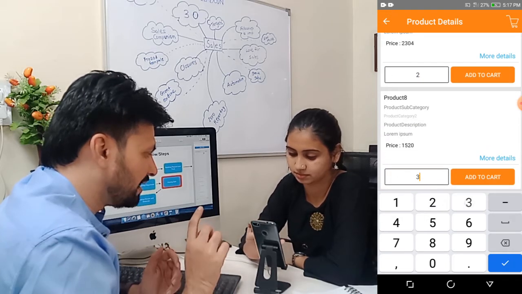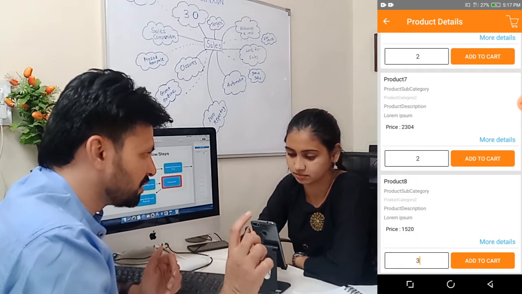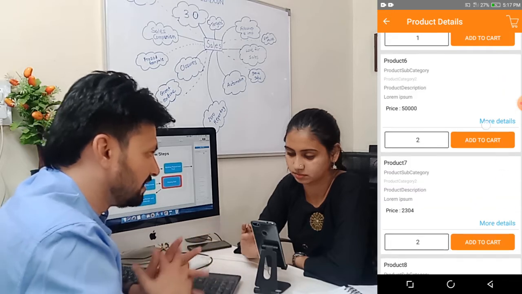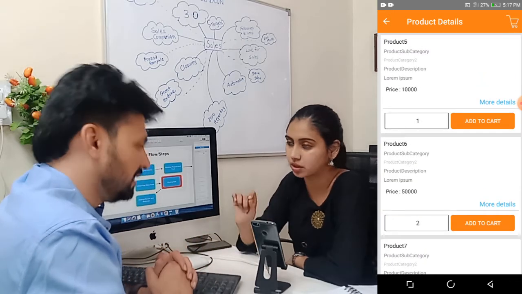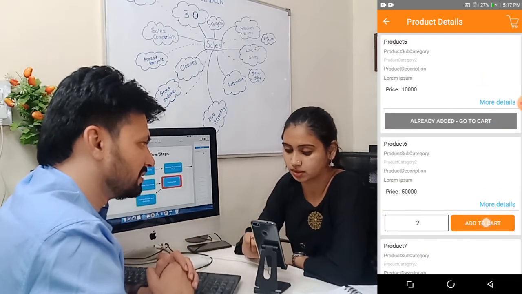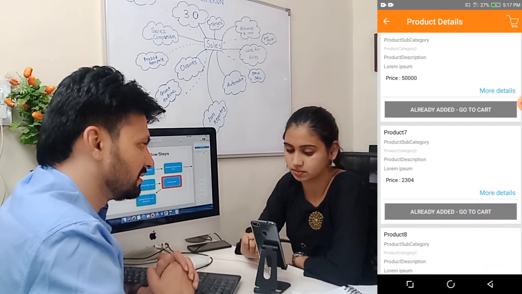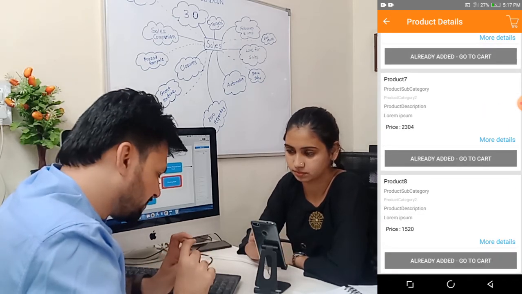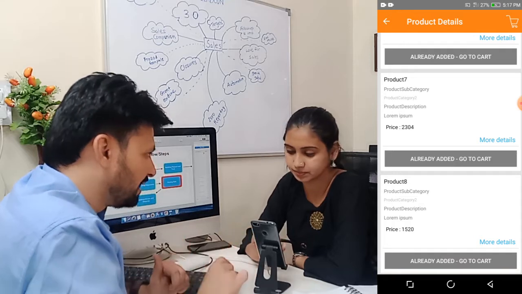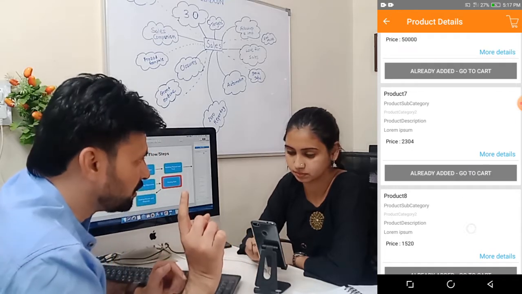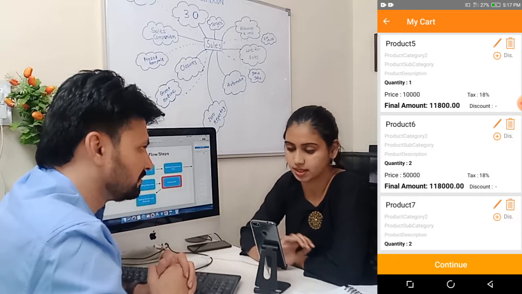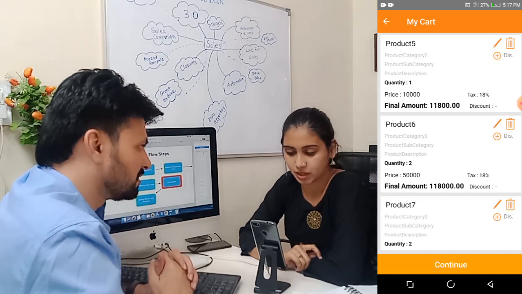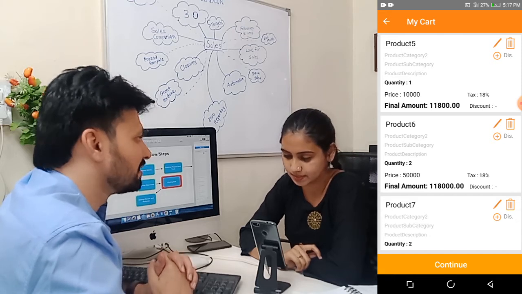Only when you do that, now after you have added the quantity, just next to it, just say add to cart. Okay. To each product? Each product, yes. Add to the cart. Yeah. Okay. Now the add to cart button must have turned gray. Yes. So you can either click on that, or you can also click on the top right corner, there is a cart. Yes. Are you able to see all the products there? Yes. Even the tax. Right.